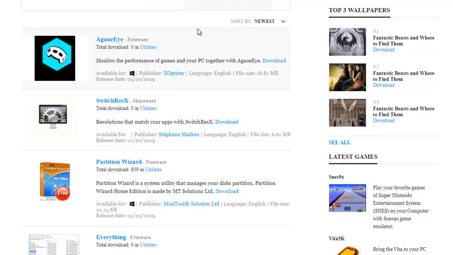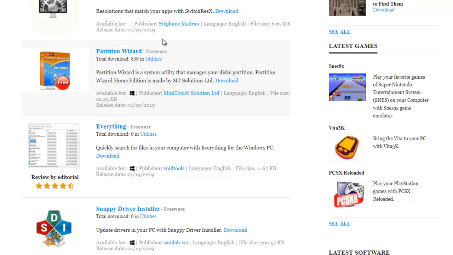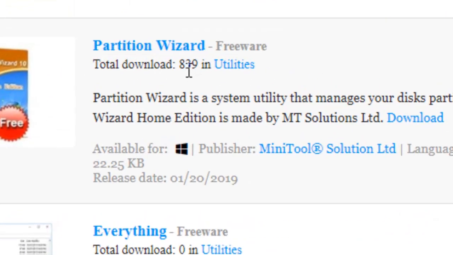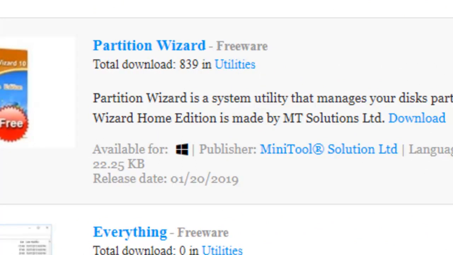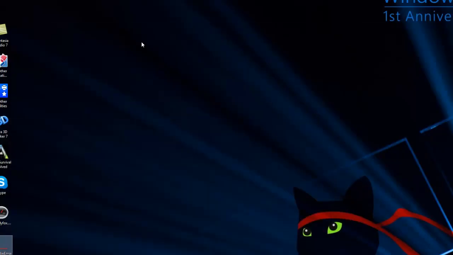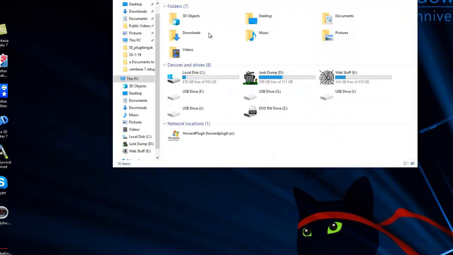Again, it's a very similar layout to Softtronic, and it has some good stuff. I like this particular site because if you look here, total downloads 839, right? That's Partition Wizard. Now if you've got a lot of space on my drive, let's just have a quick look at one of my drives,